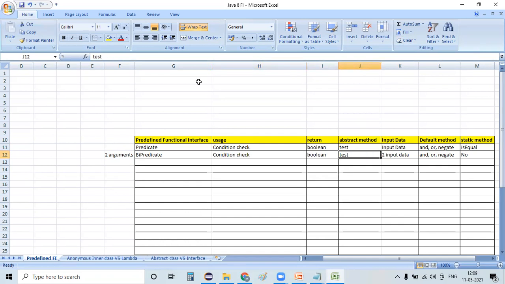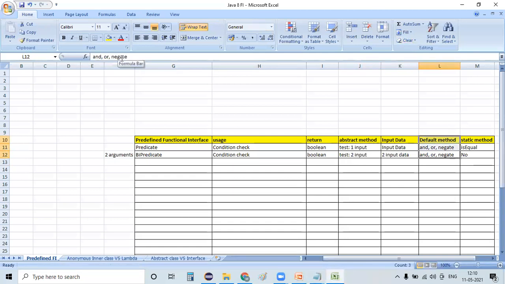Other than passing the two arguments, the abstract method is test itself. Whereas in Predicate, for test, we pass only one input, for BiPredicate we pass two inputs. Other than that, everything is one and the same.